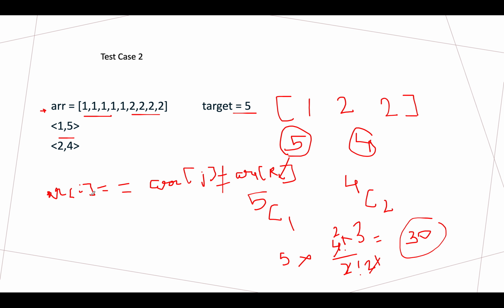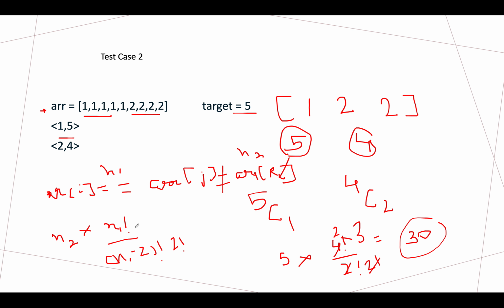If that is the case, then the frequency of array of i or array of j, let's assume, is n1, and the frequency of array of k is n2. So in how many possible ways can you actually achieve this? N2 into n1 factorial upon n1 minus 2 factorial into 2 factorial.